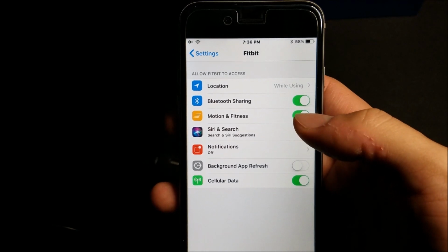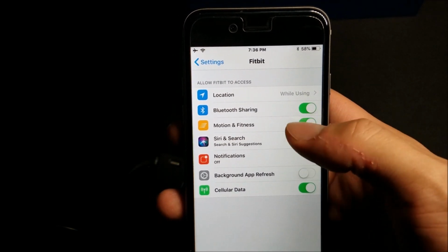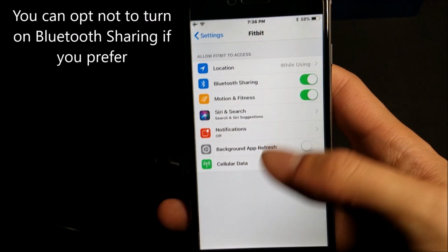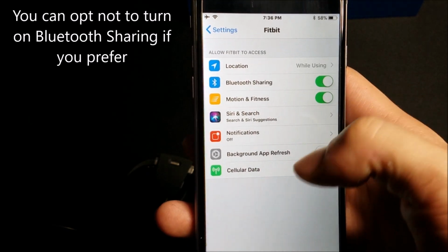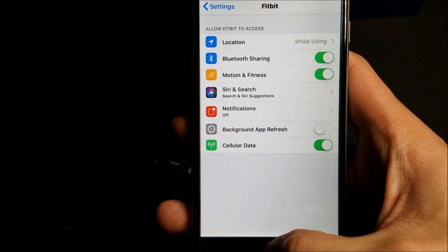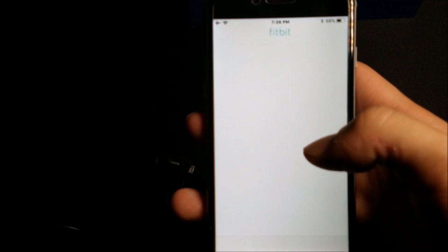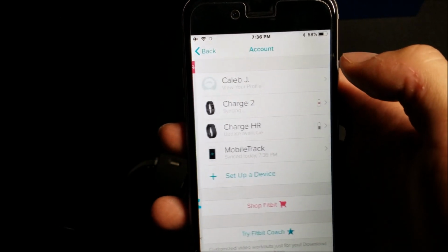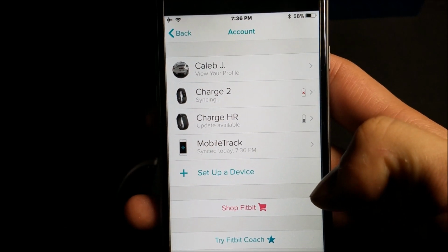So I got to this screen and I was really confused what I was looking for because I didn't read the full description, but all that's asking is for you to toggle on the Bluetooth sharing. Mine's already on. That's this one here, by the way, that one. So click that on if you want Bluetooth sharing on, and then go back to the app. And if it hasn't already kicked you out, I'm going to go back in here, and now you can see the Charge 2